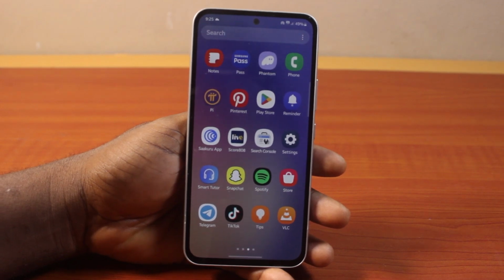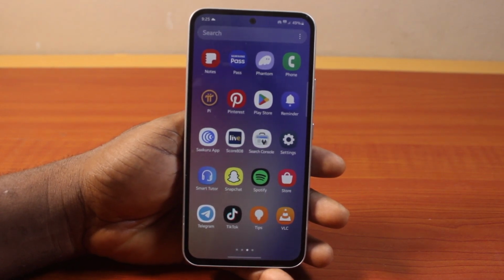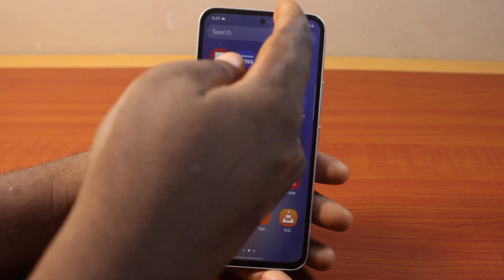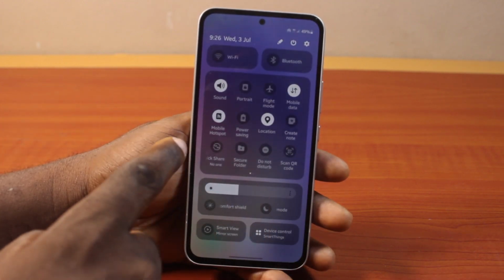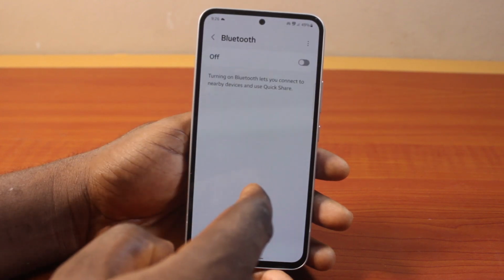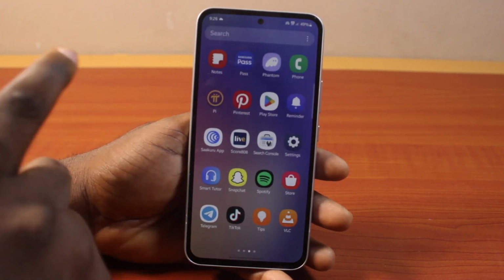In this video, I'll detail how to see who is connected to your hotspot on a Samsung Galaxy phone. So, if you're using a Samsung device and you turn on mobile hotspot, then you expect people to connect to it using your password. So here, I'm going to show you how to see who actually connected to your Samsung